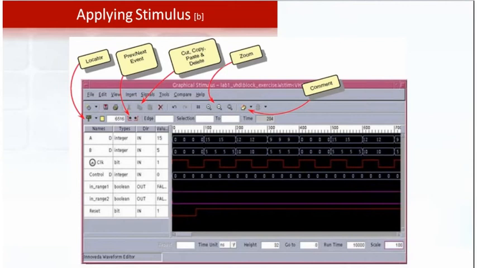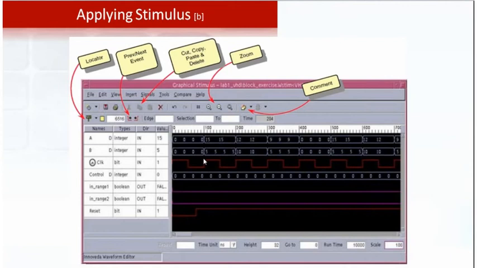Similarly, from 100 to 200, if we need to assign 50, again select that time period, right click on that field and enter the value, and it will be taken. Similarly, for all the blocks, we need to select the time frame and enter the values, and based on that our simulation will run and produce the output. In the outputs we are not having anything yet, because this is only generating the stimulus, and based on this we will see the output.